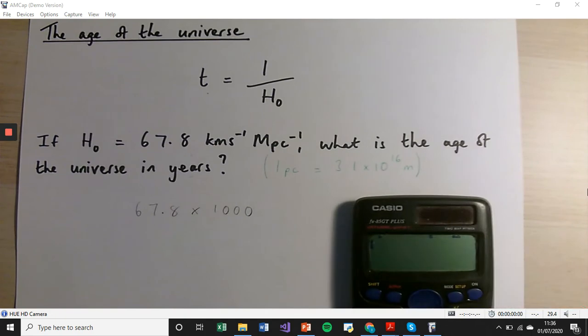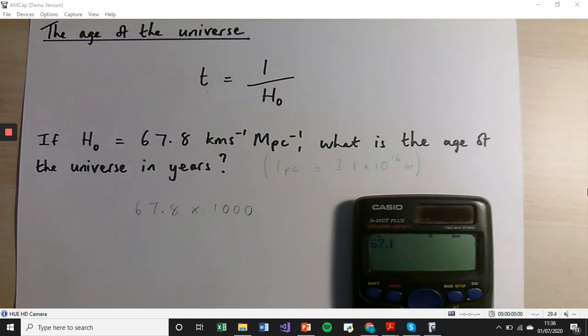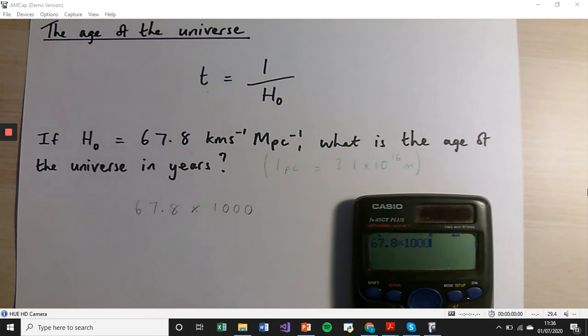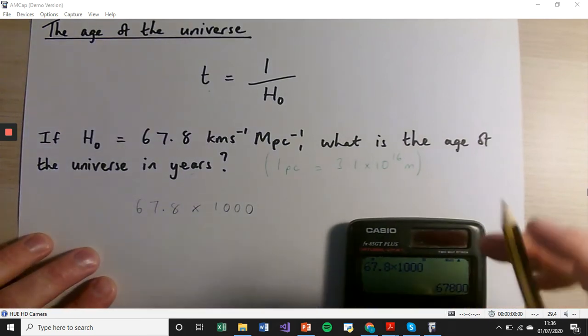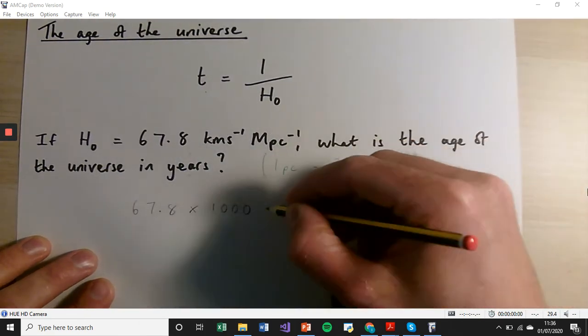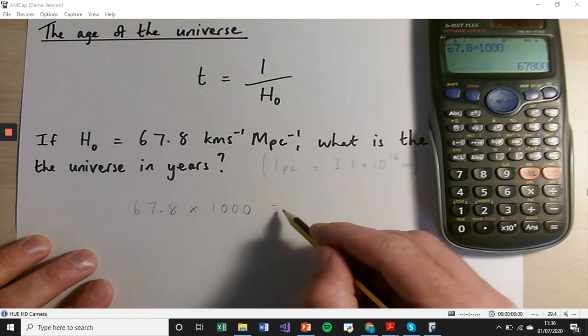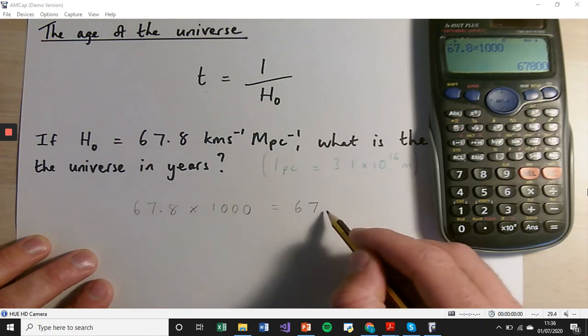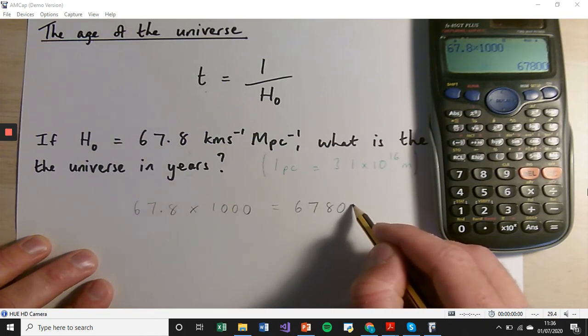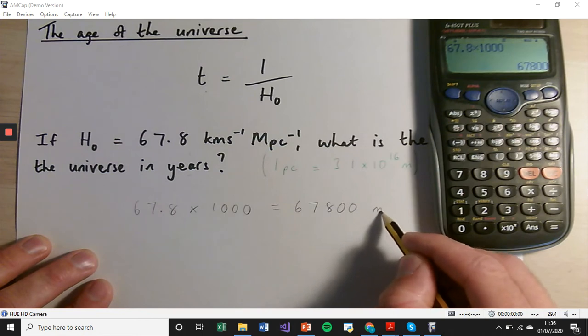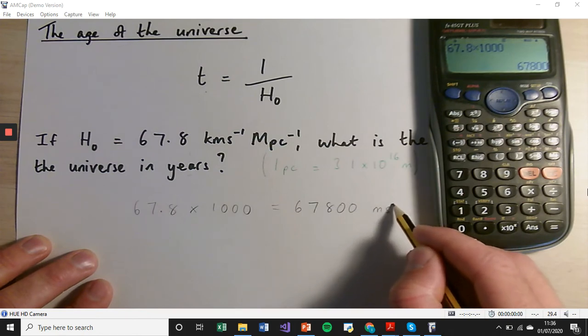Right, got my calculator. So if I do 67.8 times 1,000, which is 67,800. Now I know I didn't need to use a calculator for that, but I'm afraid I use a calculator for absolutely everything. 67,800, and now the units are meters per second